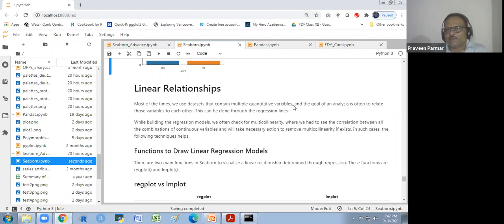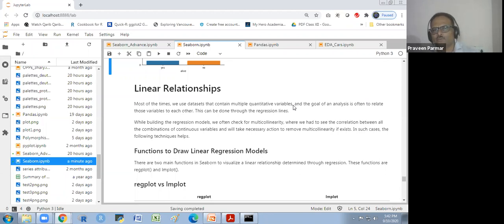And this can be done through regression lines. There is the impact of various predictors on the dependent variable, the response variable, the target variable. While building regression models, we often check for multicollinearity, where we have to see the correlation between all combinations of the continuous variables and take necessary action to remove multicollinearity if it exists. In such cases, the following techniques help.